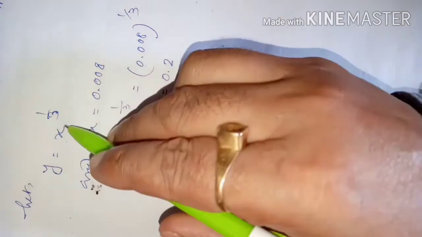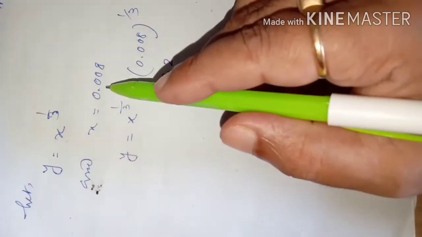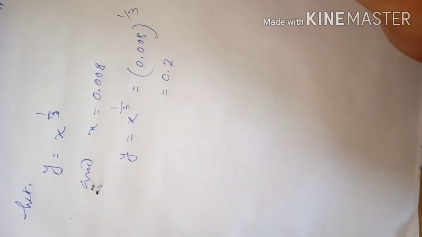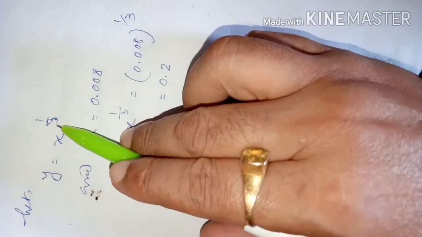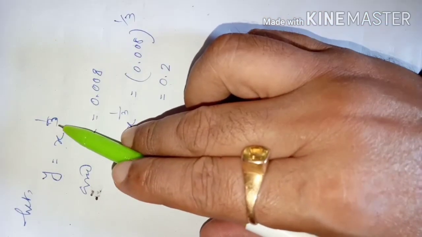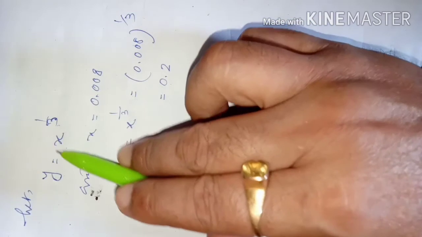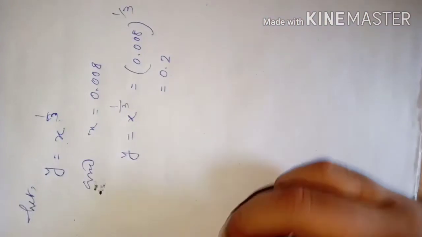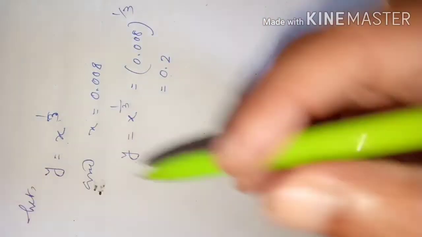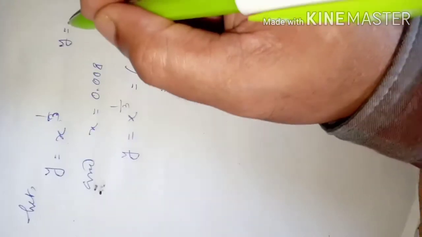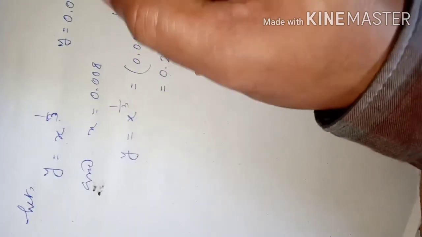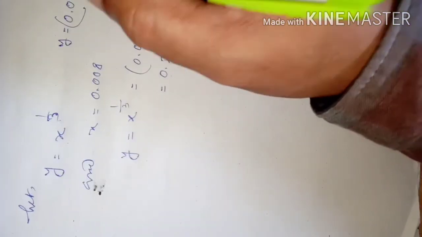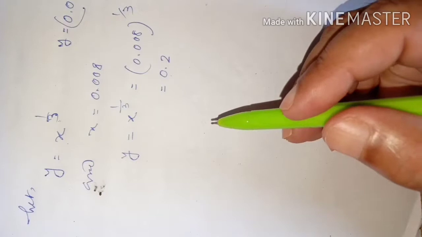So according to the function, we need to select an input for x, given the power 1 by 3, such that we must be able to calculate the cube root of whatever the input will be. Our given question was to find the cube root of 0.009. Means y is equal to the cube root of 0.009, which we have to find out.